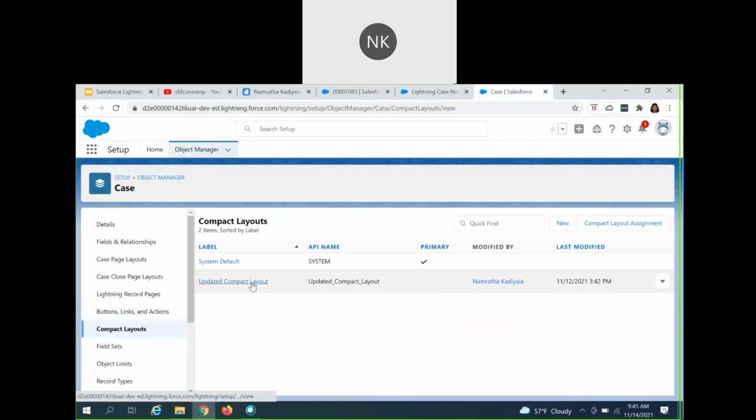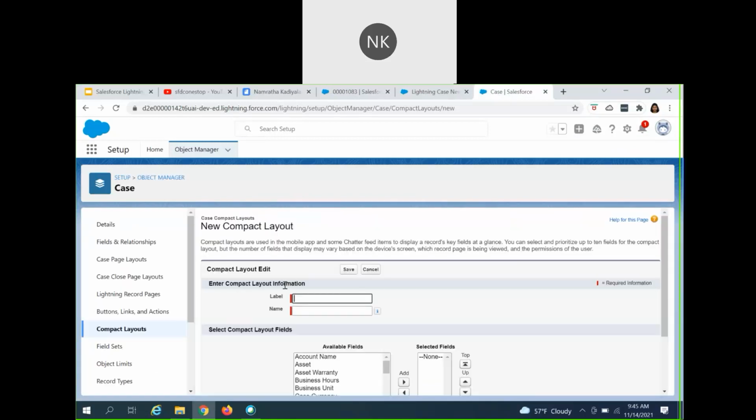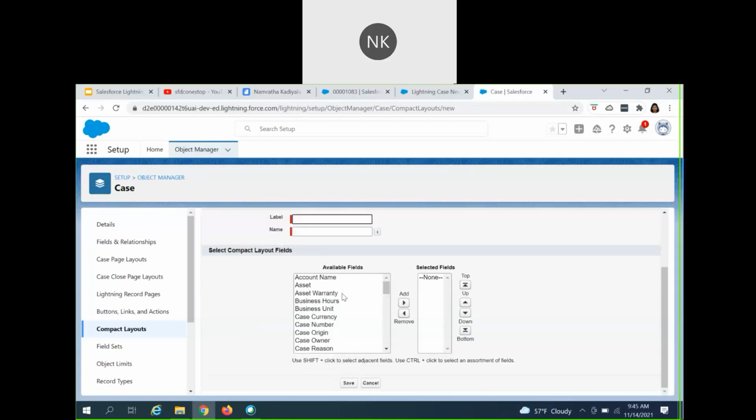So you have to ensure that. So you see here the updated compact layout. So what I have done, rather than using the system default, I've created a new compact layout by clicking on the new button, and it is asking me to give the name. Then from the select compact layout fields, whatever the available fields are provided on the left hand side,